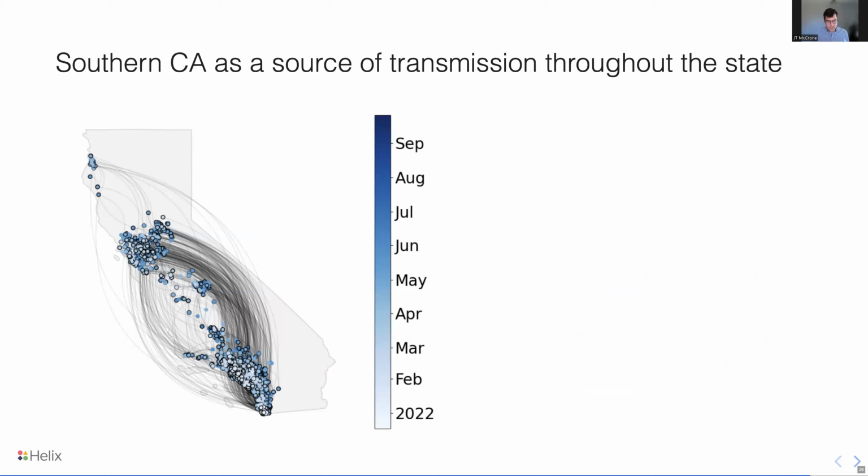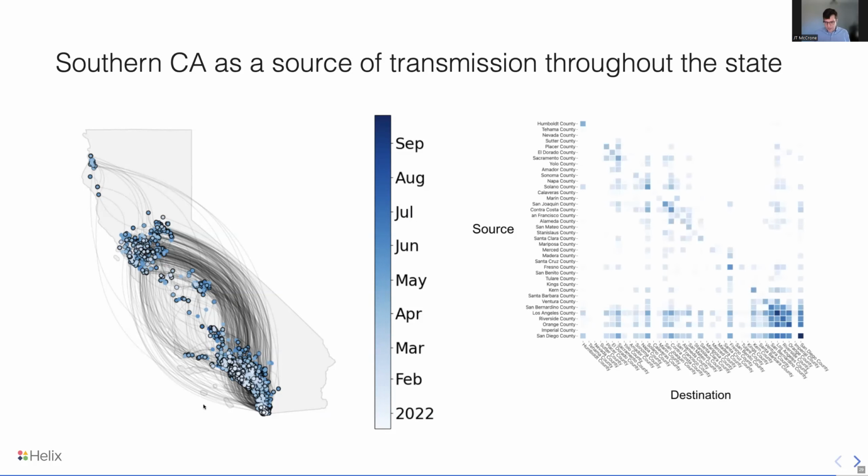And then Southern California is acting as a source of transmission around the rest of the state. So you can see we have a high number of exports out of Southern California up to this San Francisco Bay Area, with some reintroductions back into Southern California, but many more exports from Southern California than we're seeing exports from Northern California. And looking across all introductions, we can plot the relative contribution of each county